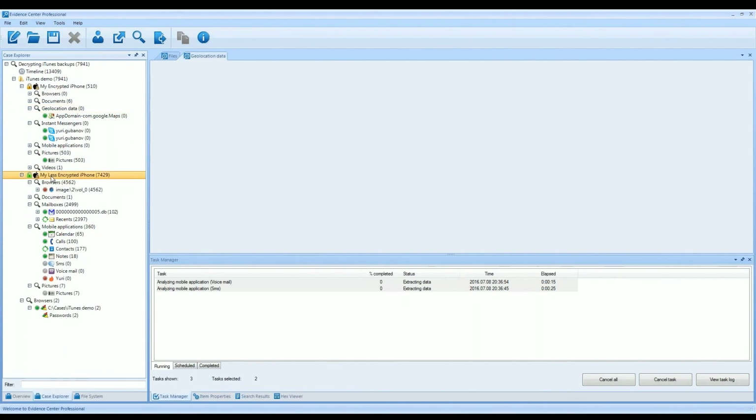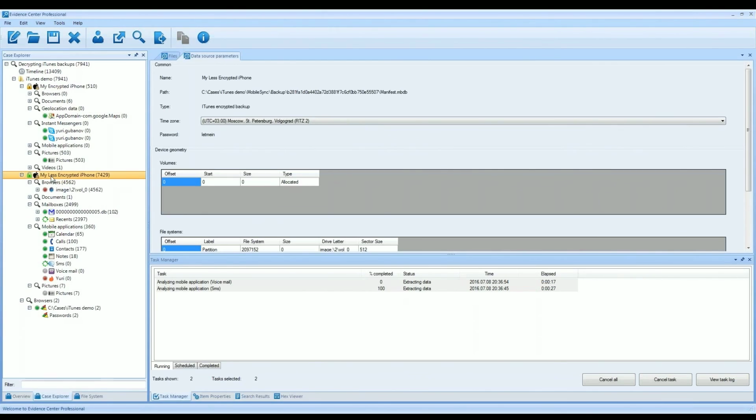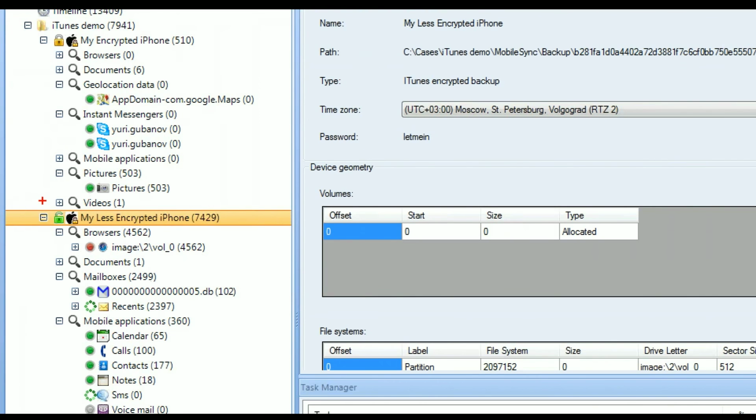When you click on the backup with the green lock, you can see the password which was recovered thanks to our decryption module.